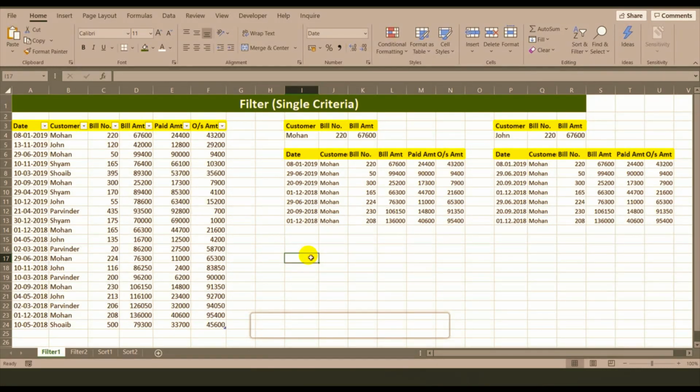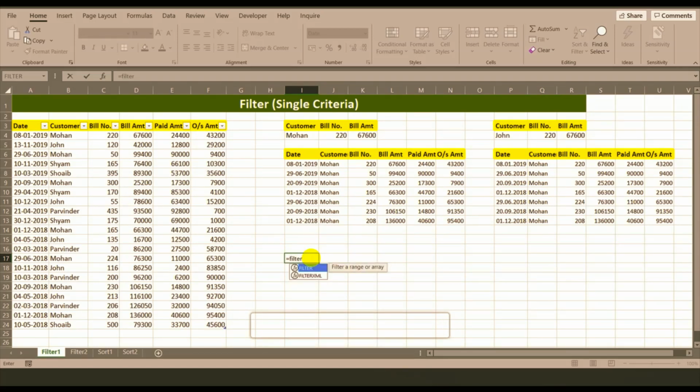So firstly we will put the filter, we will select the array. Now we will select the criteria. Suppose we want this customer wise, and this should be Mr. Mohan, and if it is not found, we will show not found.